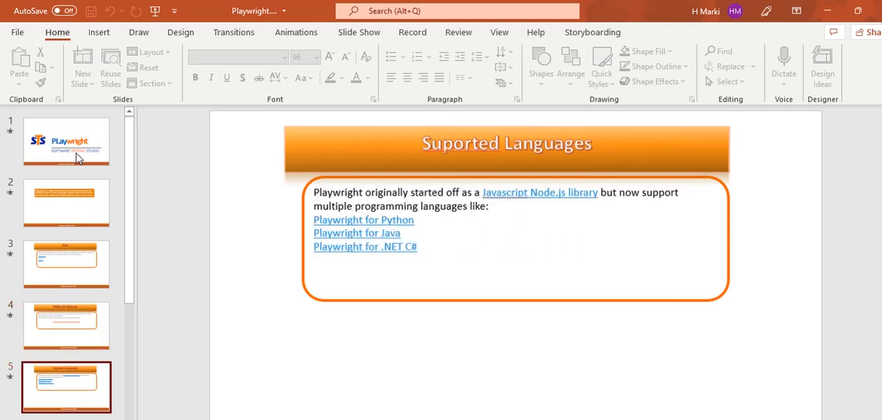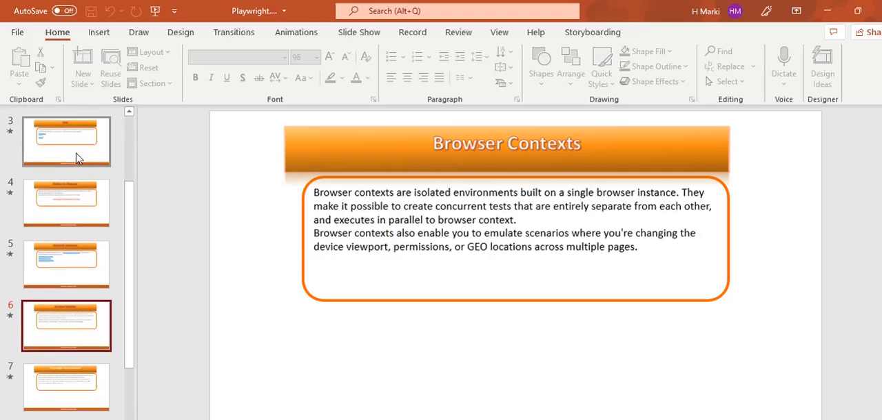It does support multiple languages such as Python, Java, .NET C#. It also has what we call the browser context. These are isolated environments built on a single browser interface instance. They make it possible to create concurrent tests that are entirely separate from each other and execute in parallel. Browser context also enable you to emulate scenarios where you are changing device viewport, permissions or geolocations across